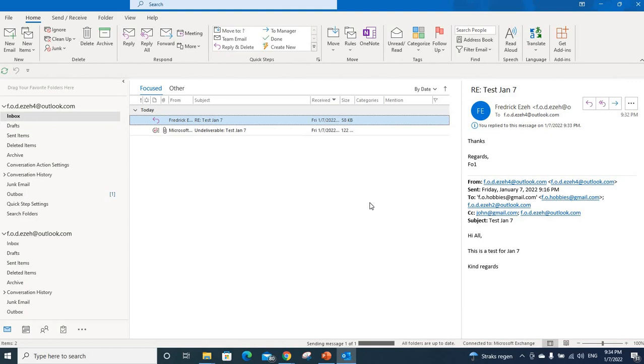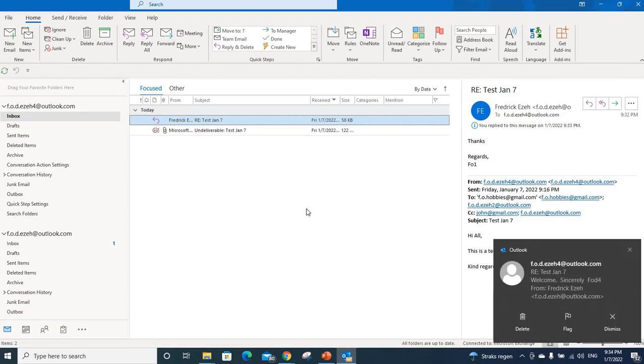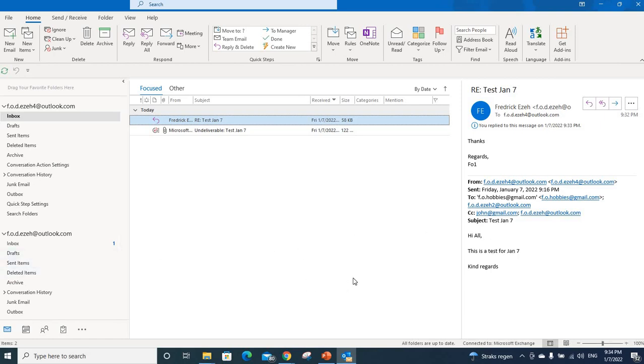So this is how you reply to a message. Another thing is, how do you forward a message? There's the message to FO1, and you get the same alert or sound because they're all in one Microsoft application we're using for training purposes. So if I want to forward the same message that I sent